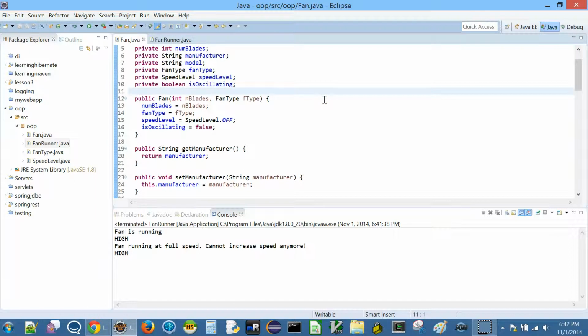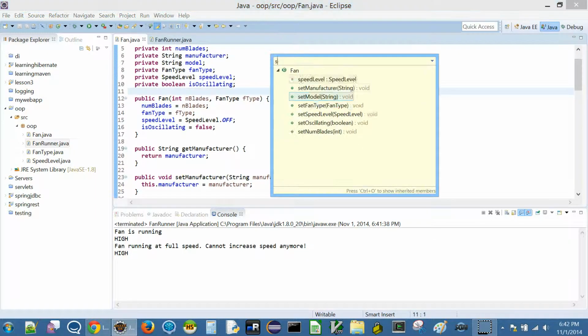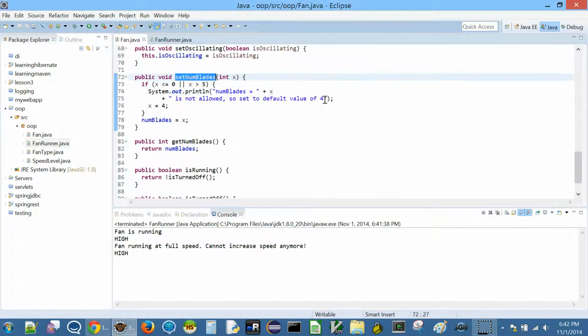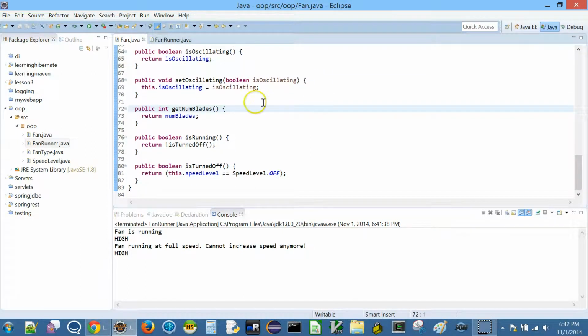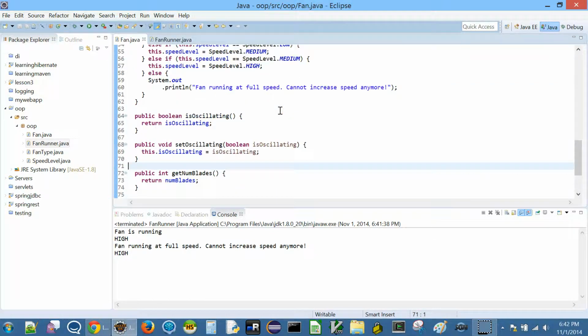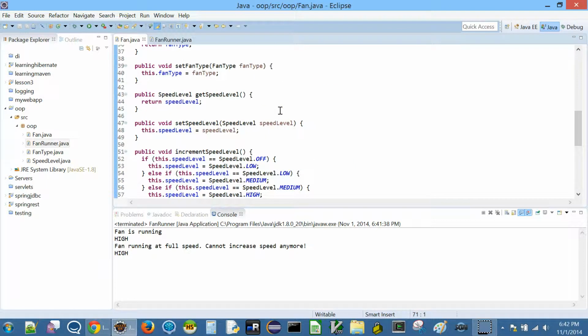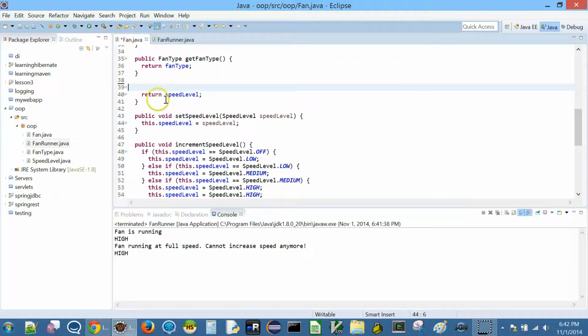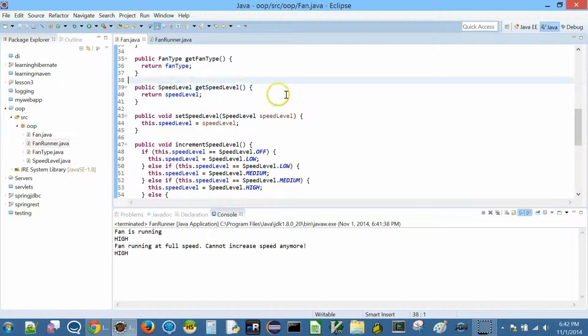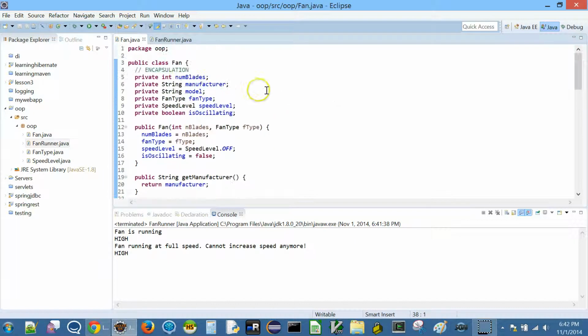So what we are going to do is, I'm going to look for setNumBlades, right? And I'm going to delete it because I don't want the number of blades to be changed after the object is created. And similarly, I'm going to delete setFanType, right?